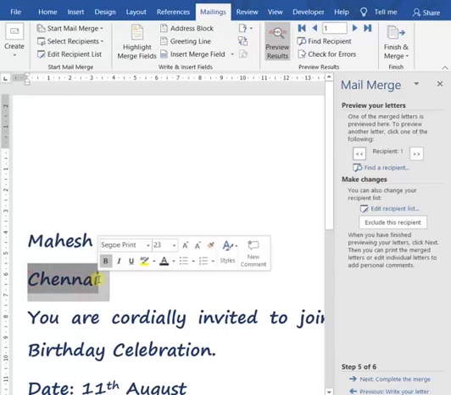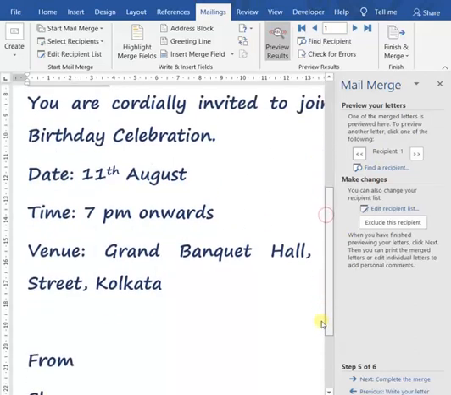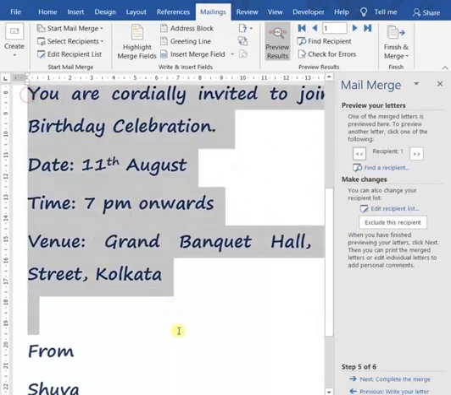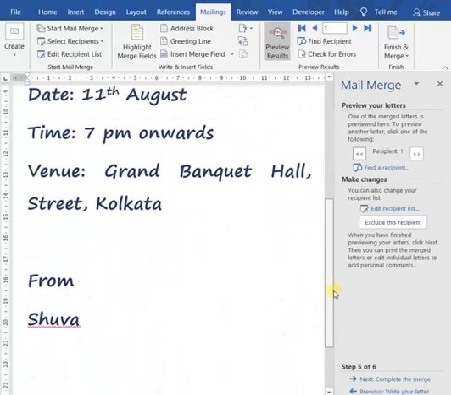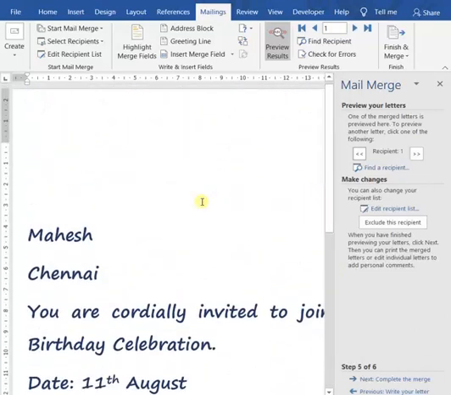According to the format of the main document I created in the previous step, the name was on the top and the address was below it. So according to that format, Mail Merge will now start inputting the respective field values. For the first recipient, the name and address are given, and our constant part is this much. So this is one separate letter created for the first entry.